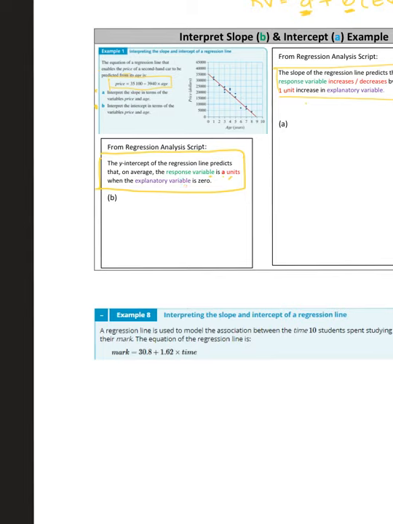So I'm going to just rewrite that. The y-intercept of the regression line predicts that on average